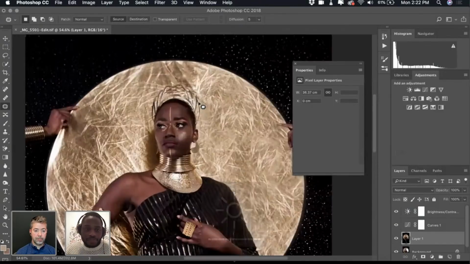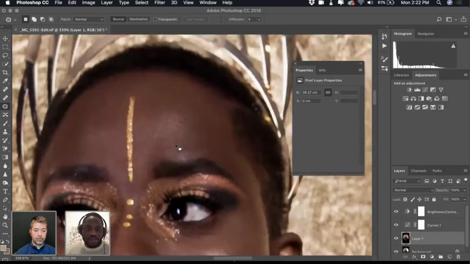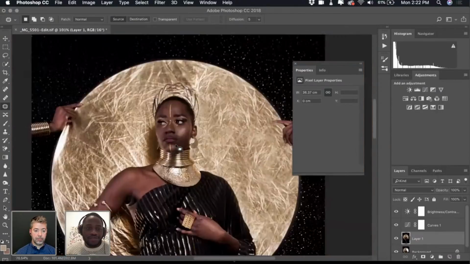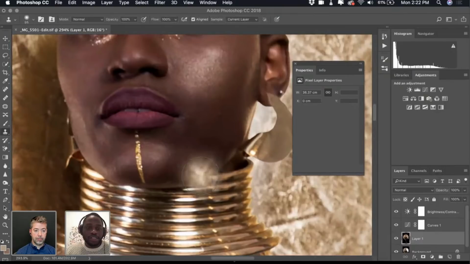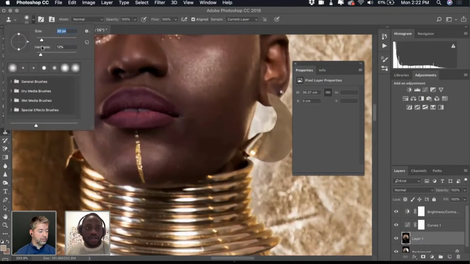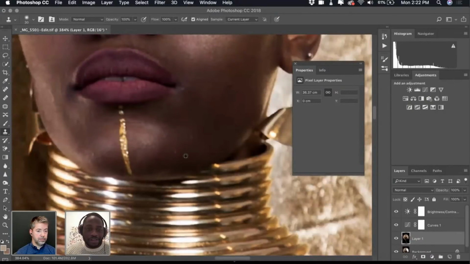And the skin, I think it's far enough that you don't even really need to do the frequency separation. You can just do very quick. Also, because we don't have a lot of time left, you can do a very quick clone stamp type of